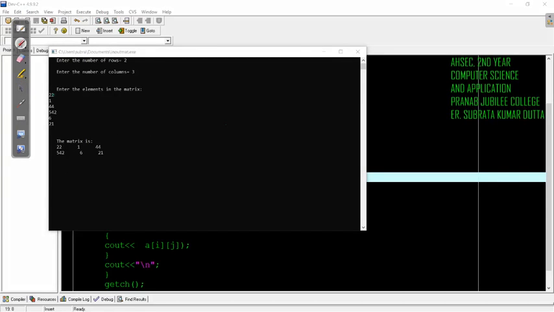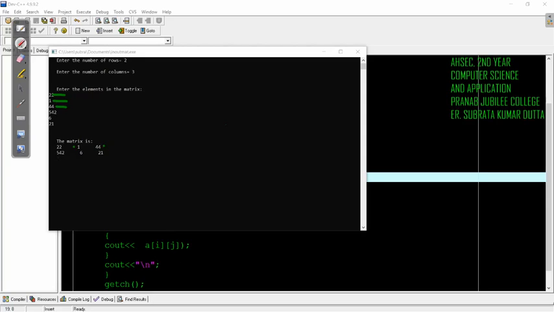So the first element that I have entered is stored in 0, 0, right? The second element I have entered is at the 0, 1 position, that is the index value. The third element that is entered is stored in 0, 2. After that the row ends, so the line is changed. So this line is changed. Why? Because of this slash n, right?